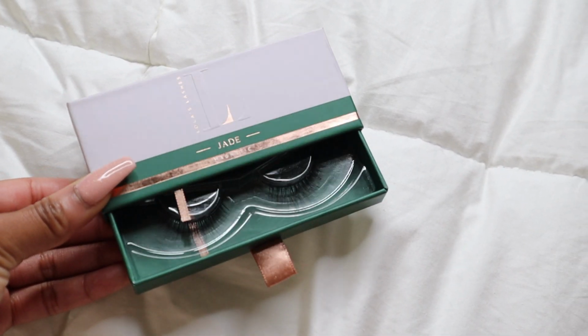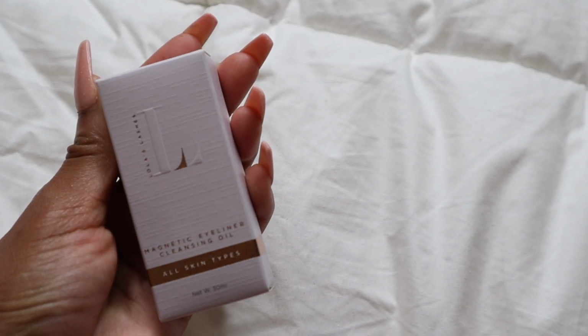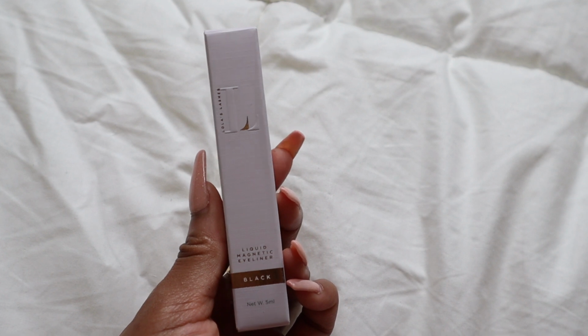The lashes are cute. They look really nice. Okay, I'm gonna set them down. And we have the lash cleaner as well. Just the whole packaging all in all is really cute. Not gonna lie, you guys. I'm gonna go ahead and take my time and line my eyes. I gotta use the 5X on the mirror because